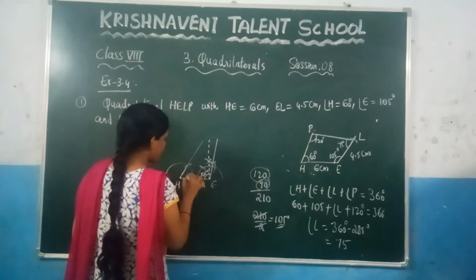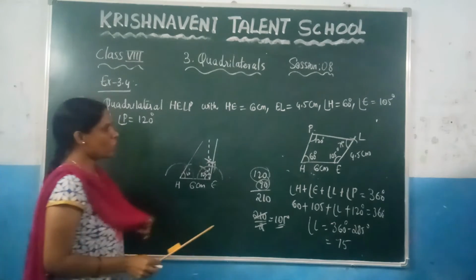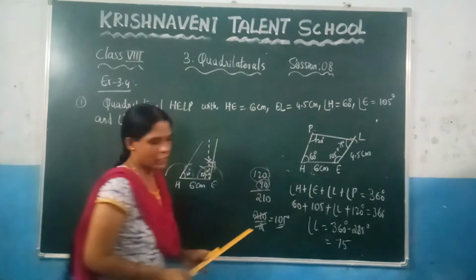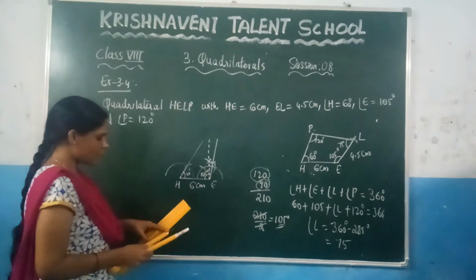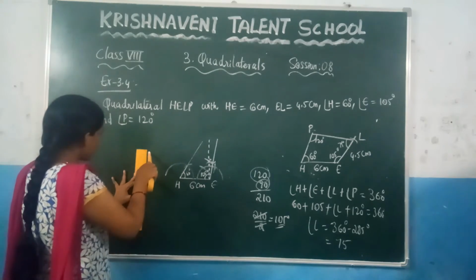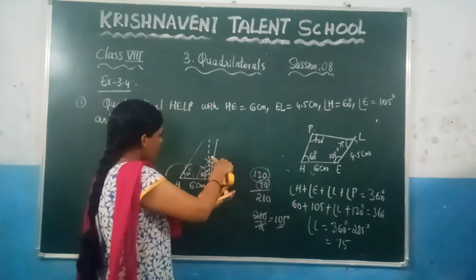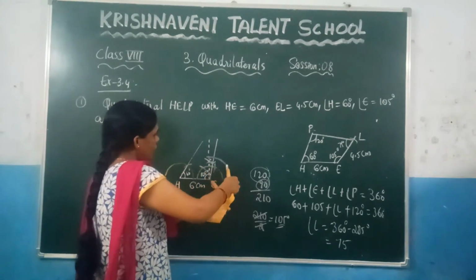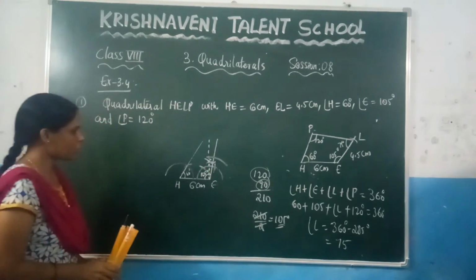Like this you need to construct with the help of the compass. So here now what is the length we know? The length of EL which is 4.5. Now here take 4.5 centimeters with the help of the scale which lies between 4 and 5. So here this is nothing but 4.5. Now at this point draw an arc of 4.5. This is 4.5. I am keeping it bigger because so many arcs are there, you can get confused.